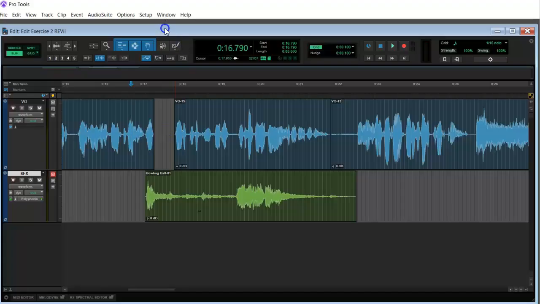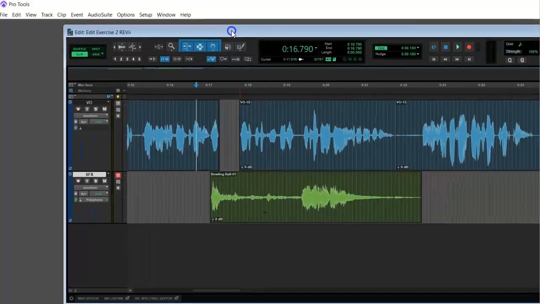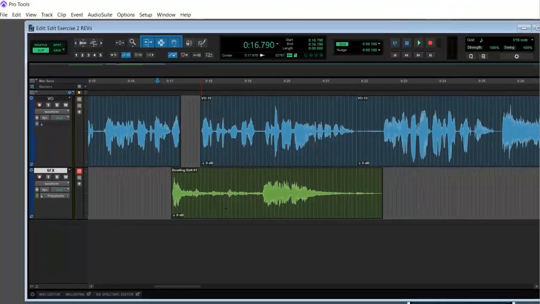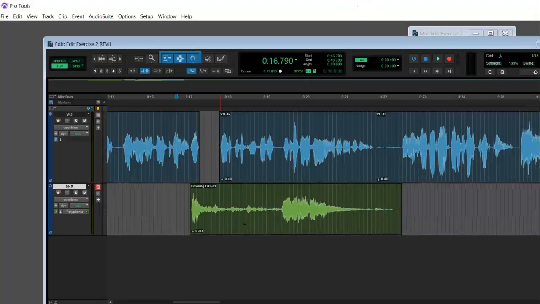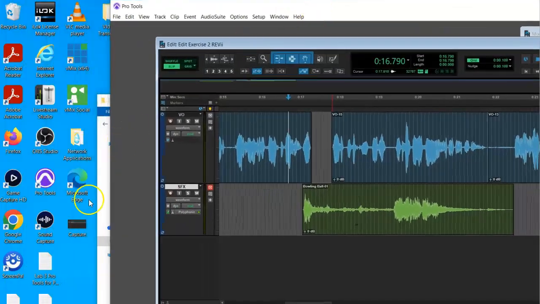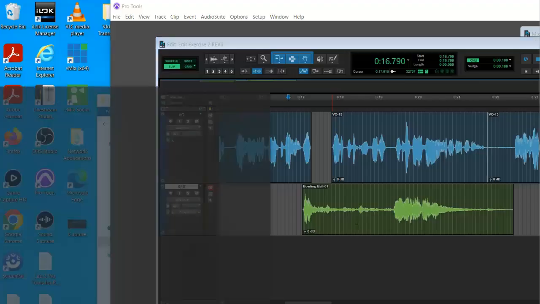Now let's see if we can do this with some success. So I'm going to go ahead and locate that file. Let's see if I can drag and drop it in. All right, so in order to get to that documents folder, I need to move this away so I can get to it.